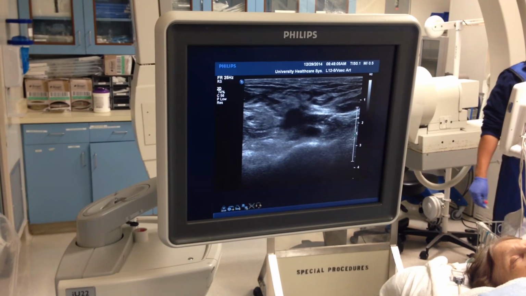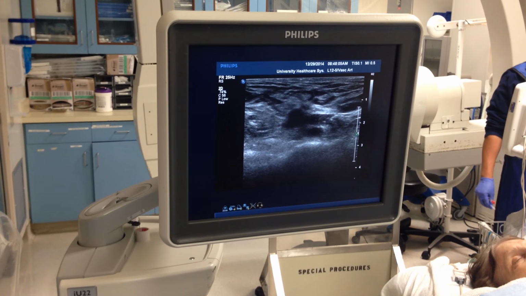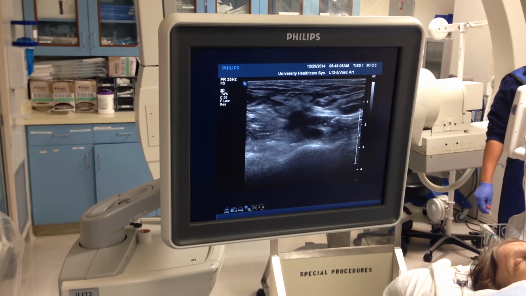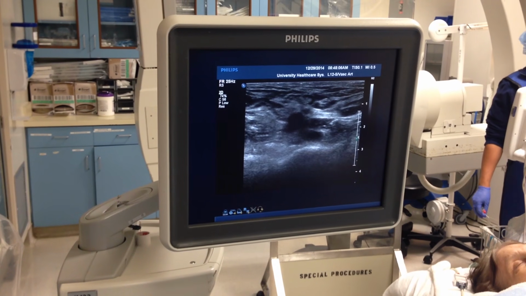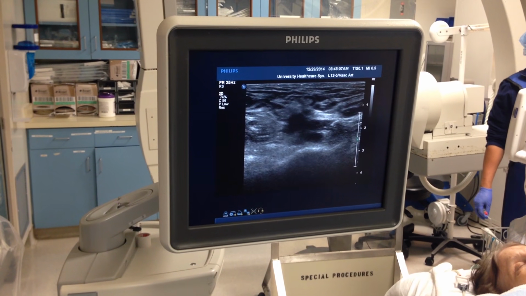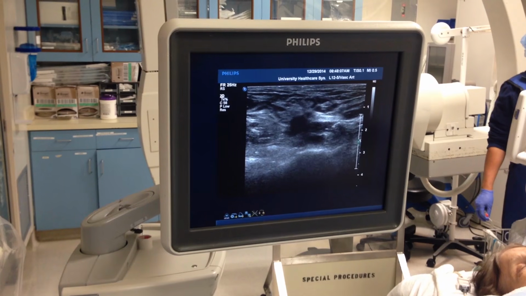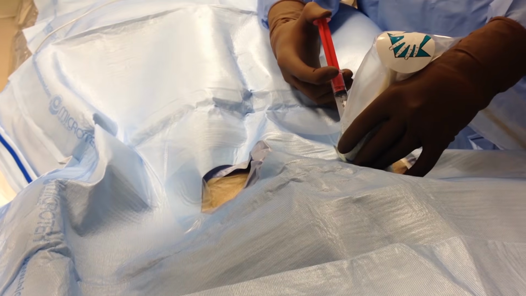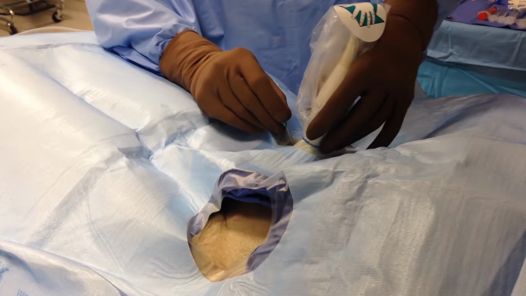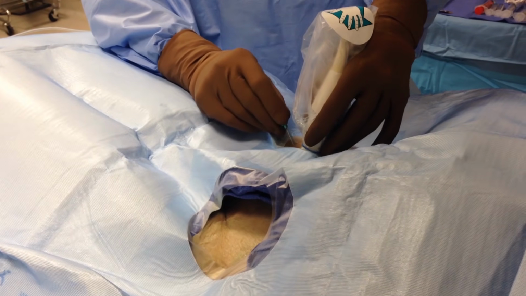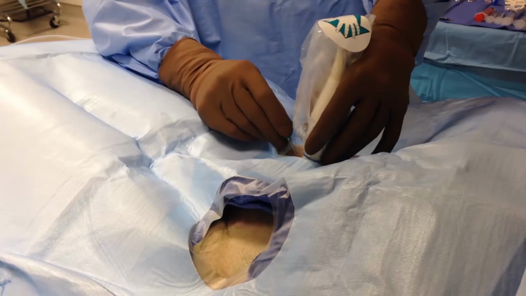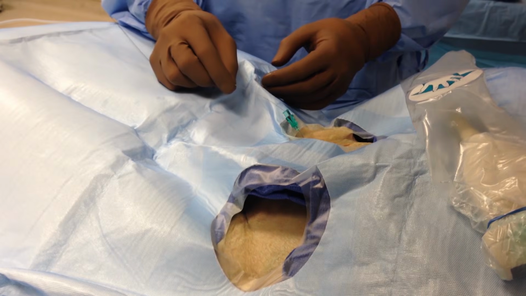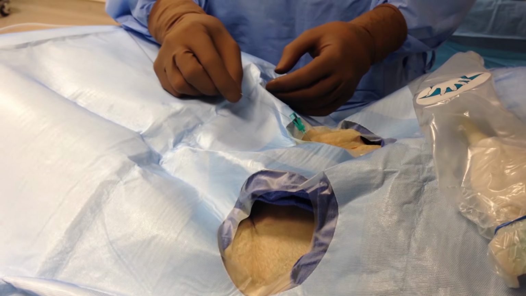The common femoral vein is then identified by its compressibility and lack of pulsatility. It is also evaluated for patency to make sure there are no DVTs in the region prior to starting the procedure. Lidocaine is injected to provide local anesthesia. After waiting for the local anesthetic to take effect, the interventionalist uses the Seldinger technique of puncturing the vein, sliding an access wire in,